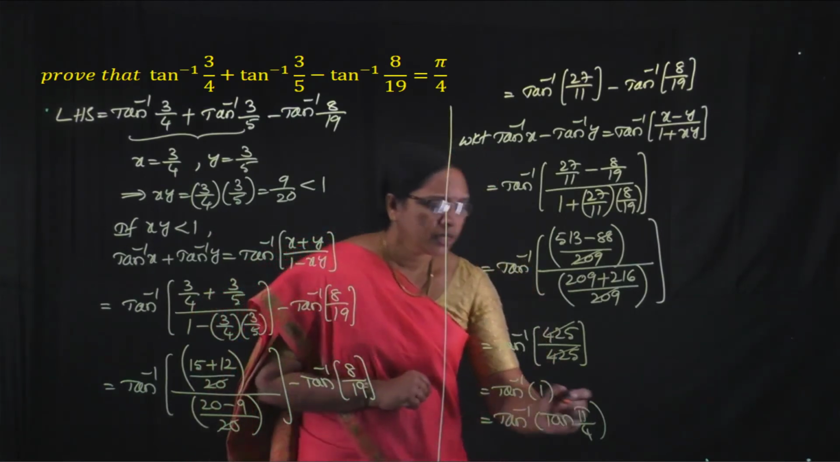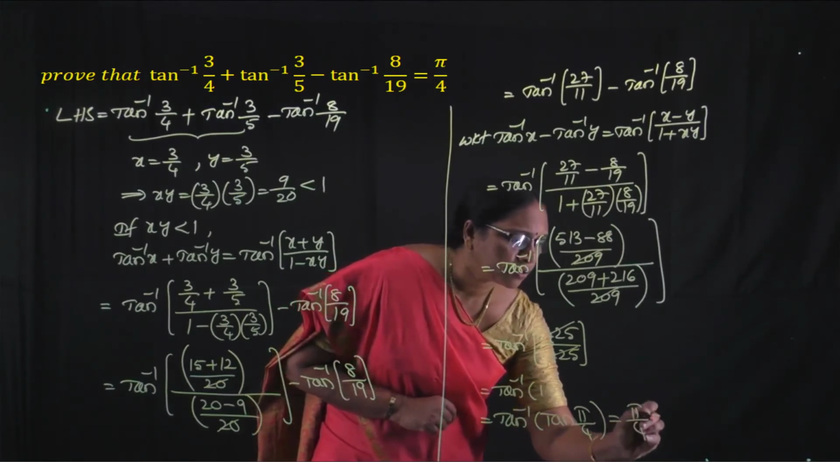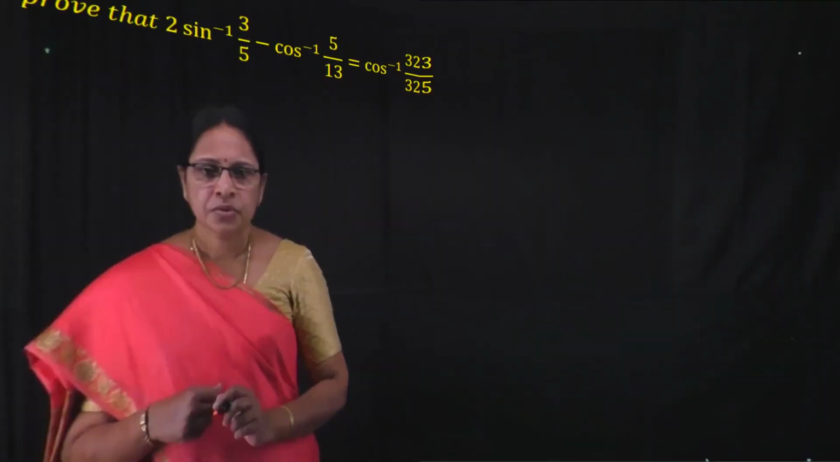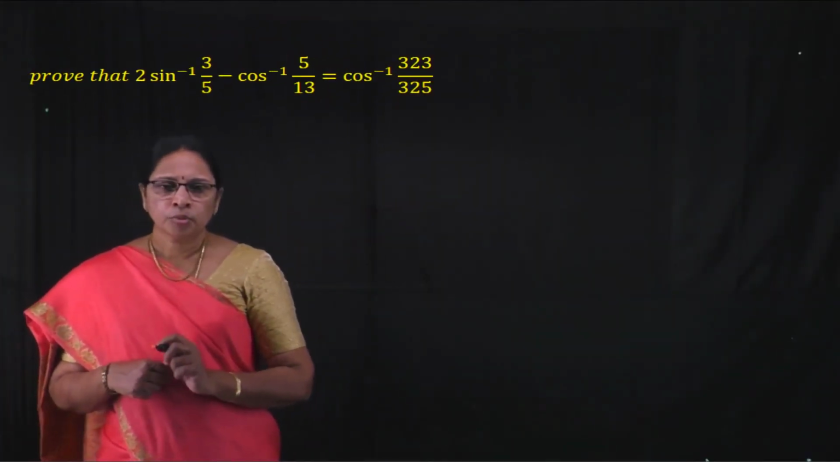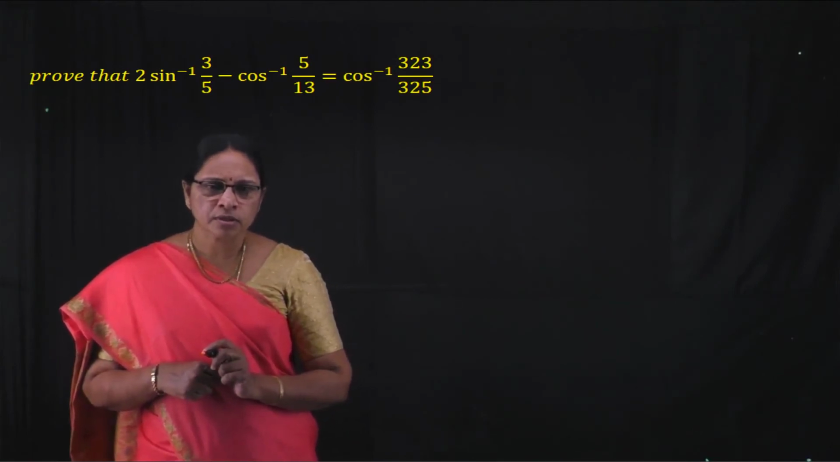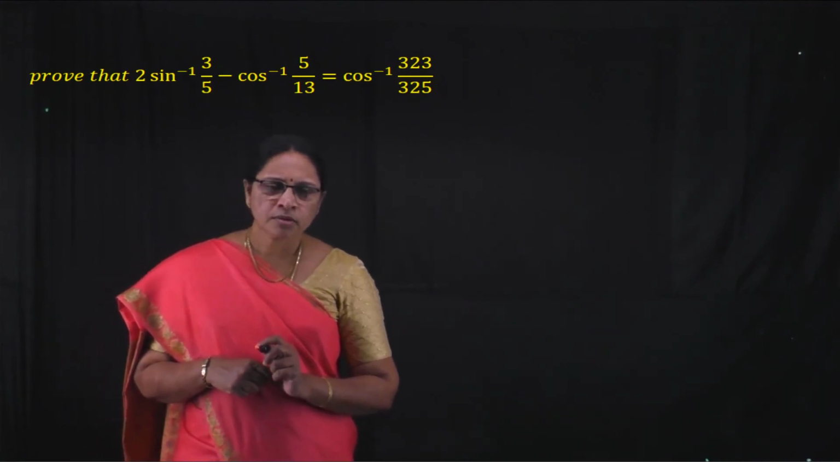Here tan inverse of tan pi by 4, that is equal to pi by 4, that is RHS. See the next problem. Prove that 2 sin inverse 3 by 5 minus cos inverse 5 by 13 is equal to cos inverse of